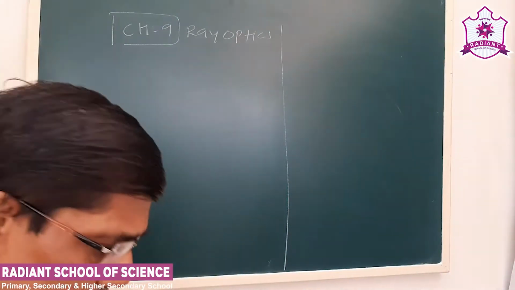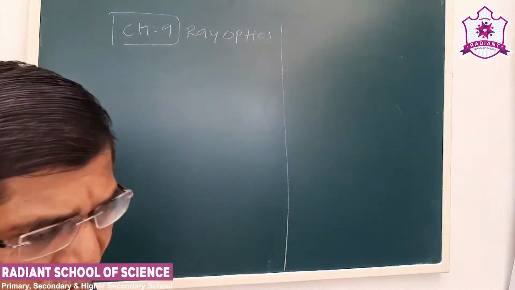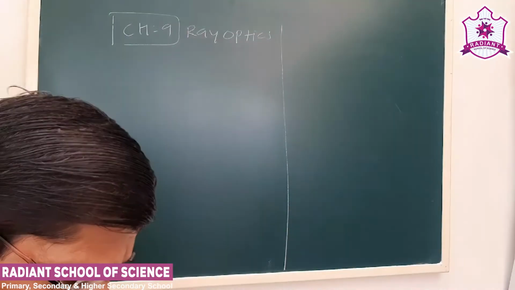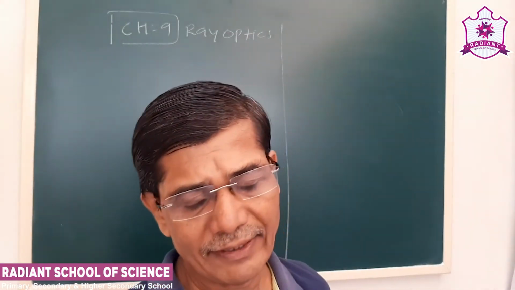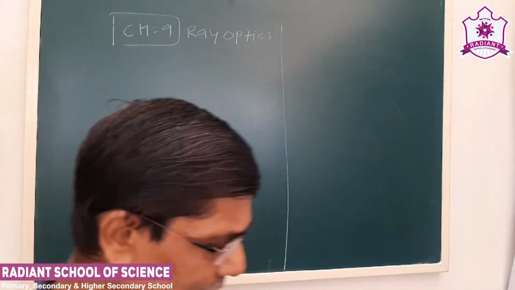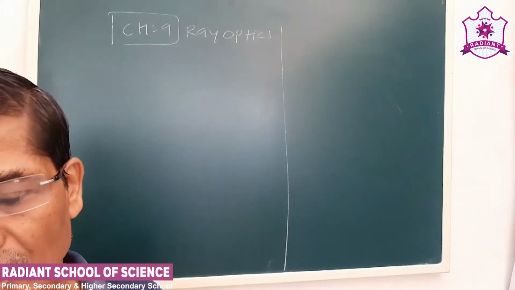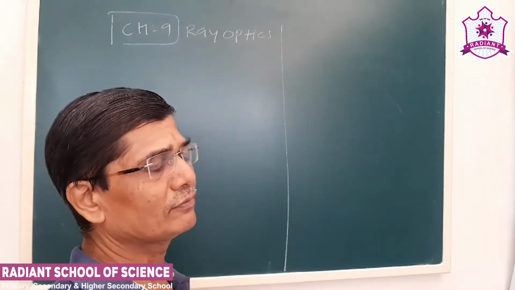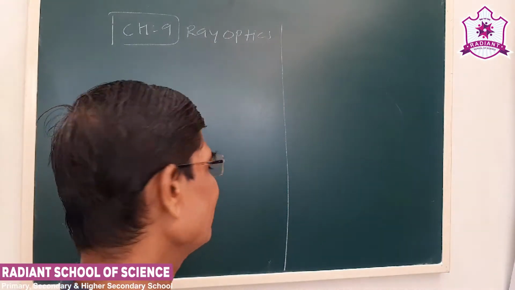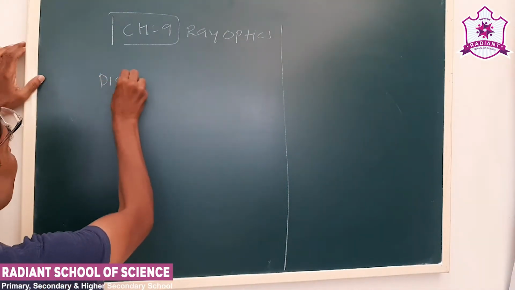Now next we have to see some of the optical phenomena because of the refraction and reflection of light. Earlier in this lesson we discussed refraction of light by a prism. We also derived the equation of the refractive index of the material of a prism. Now today we start with the dispersion of light.